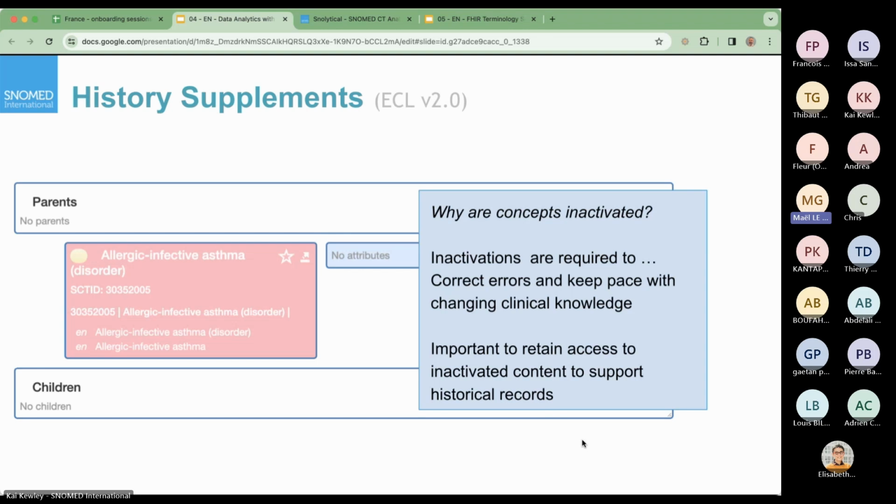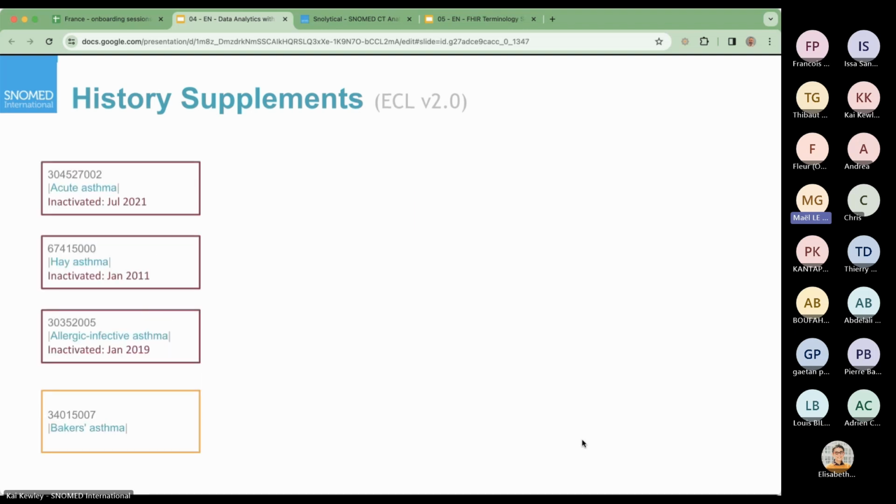So concepts, for example, this allergic asthma, can be made inactive for various reasons: to correct errors that have been made in the past, to keep up to date with clinical knowledge. Sometimes duplicates are found. Sometimes a national extension finds that the concept has been created in the international edition, and then one will be made inactive. But it's important to retain access somehow to these inactive concepts. And the way,